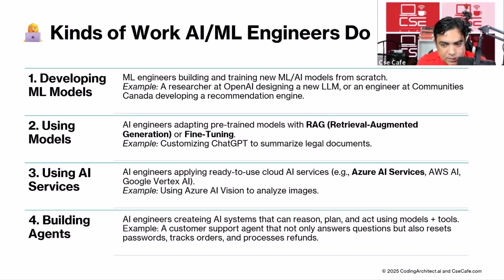Okay, good. The first set of engineers develop models, second set of engineers use models, and the third set of engineers use services that internally use models. When you go to Azure Cloud or AWS Cloud, you will have options to generate models, train models, and all. And you will also have option to fine tune and use RAG. And there will be also some managed services where you do not have to choose a model. You just trust that model.